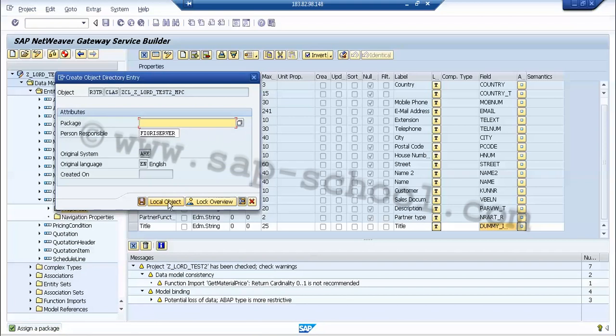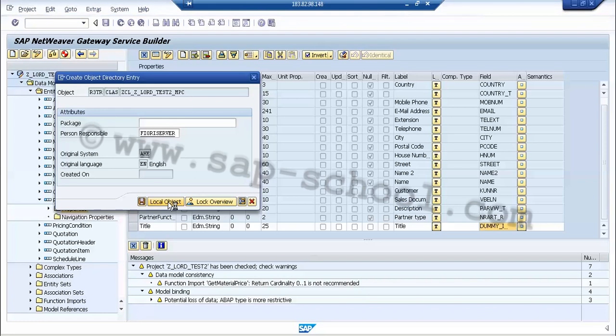Here we will choose the local object, and it will create the runtime objects. Let's wait for it to be done.